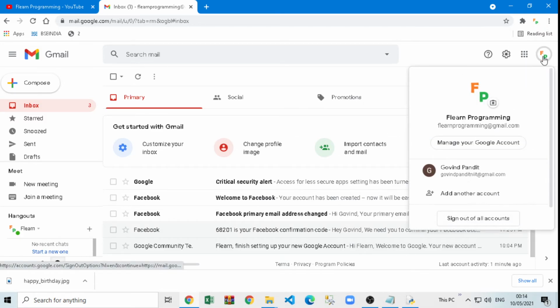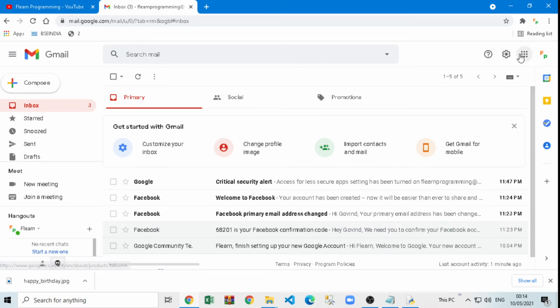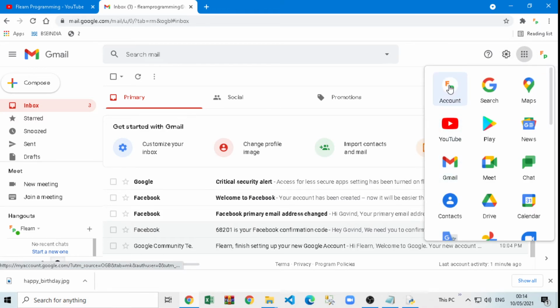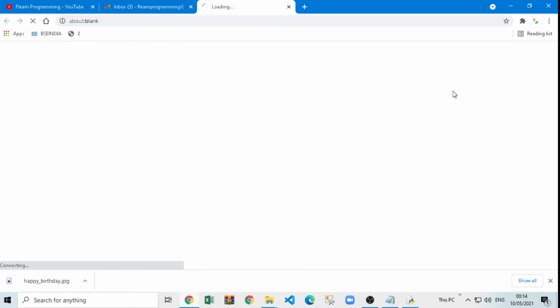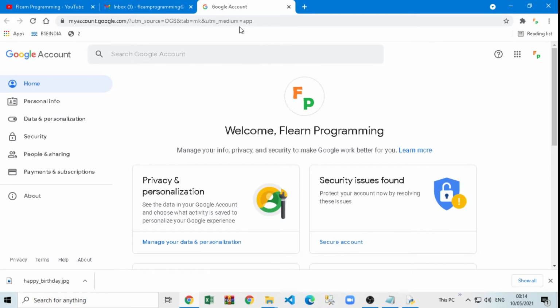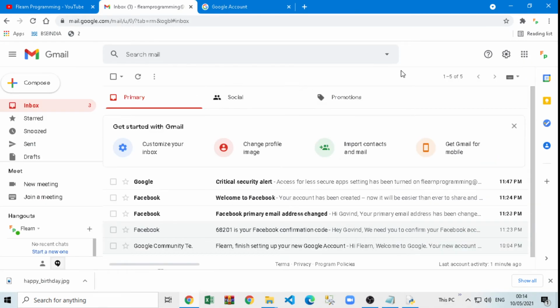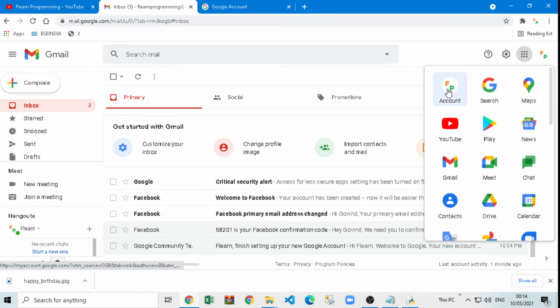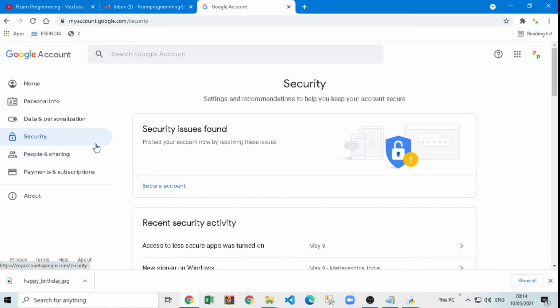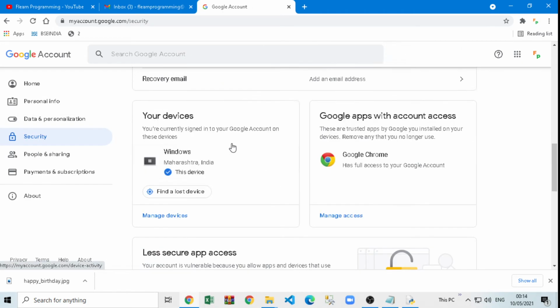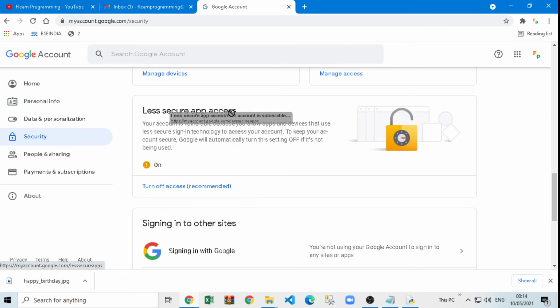You have to go to your mail account, click on see account, and there is one option called account, and in the account there is an option of security. Yes, I'm showing again. You can of course go back in the video and check anytime. Account, and in account there is security, and in the security there is one option called less secure app access.